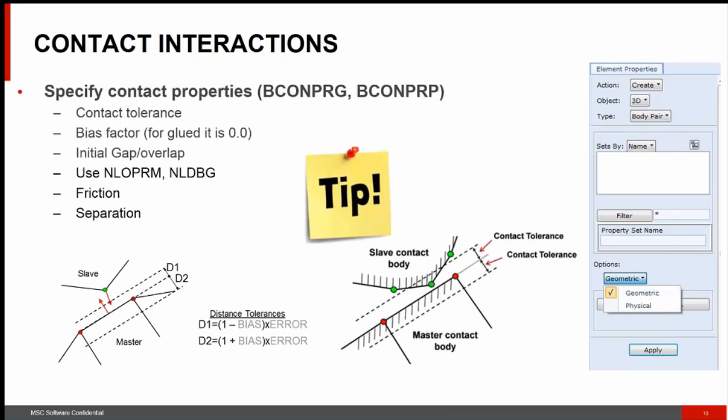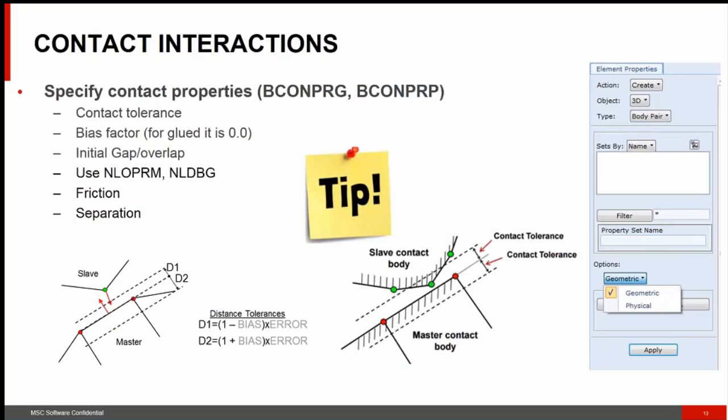Once we have defined the contact pairs, it's important to define additional contact parameters because every contact problem involves a variety of different geometric or kinematic situations. So every problem is different, but there are some general approaches that can be used. One of the items that you have to define if you're using the node to segment method, as mentioned before, is the distance tolerance, or the distance between which the two nodes are considered in contact. This one is one of the geometrical properties of contact, so that's why we call it under the BCONPRG